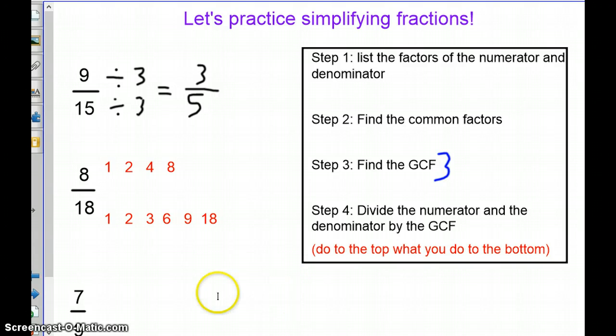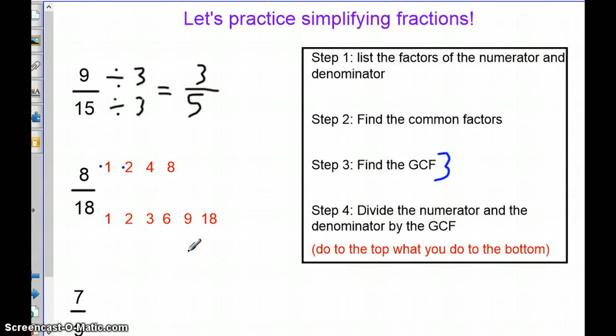This next fraction that we're going to look at is 8/18. Already I can tell that it's not in simplest form, because I know that I could divide 8 by 2 and 18 by 2. I've gone ahead and listed the factors of the numerator and the factors of the denominator. Now we need to find the common factors, which obviously are 1, and I see 2,